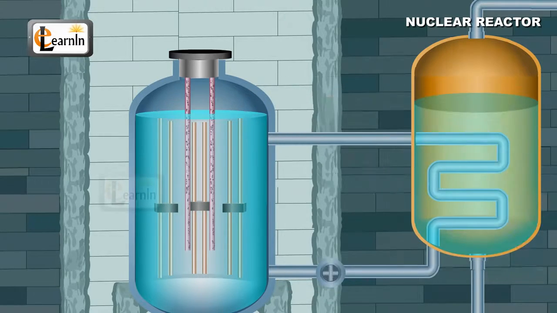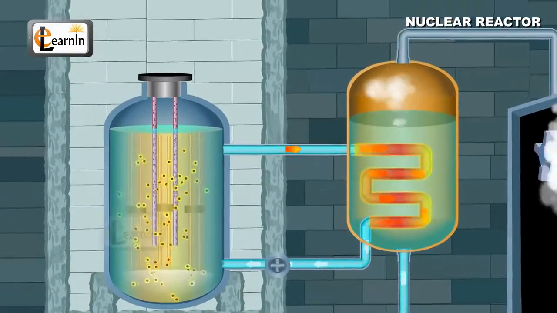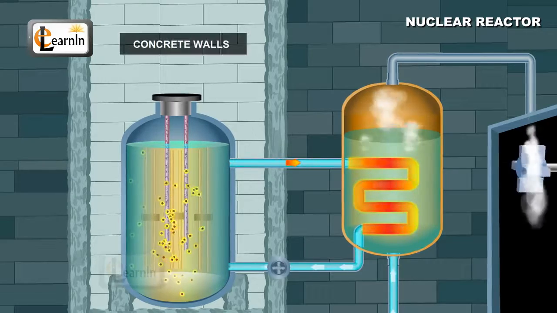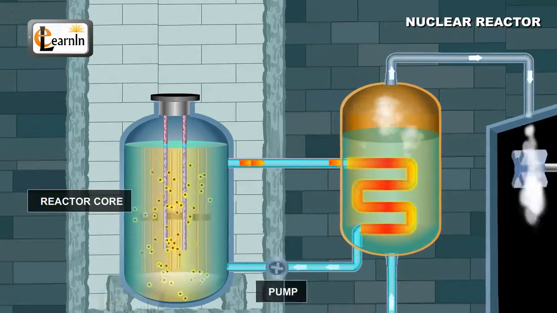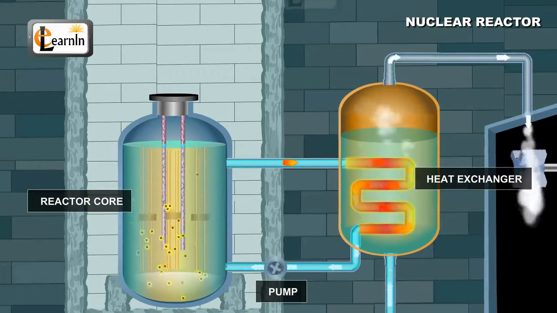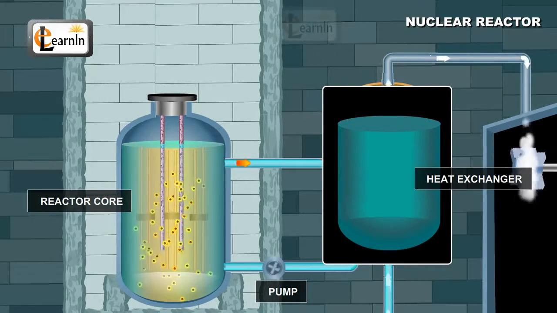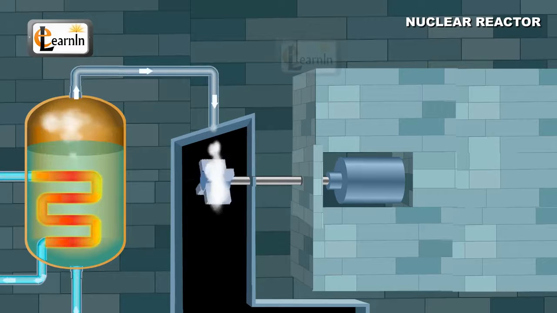Now that we know the components of a nuclear reactor, let's understand the working of a nuclear reactor. It's usually enclosed in a shield made of thick concrete walls. It consists of a reactor core, pump, and heat exchanger. The reactor core and pump are placed in contact with the water, which is usually the heat exchanger in these reactors. Due to the enormous amount of heat released during the fission reaction, the surrounding water gets heated up